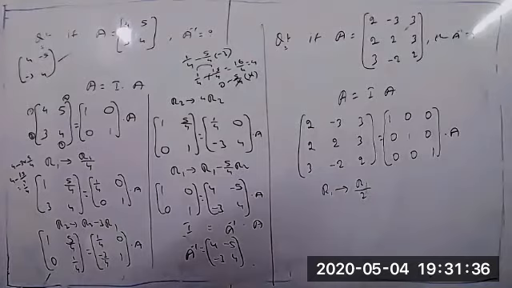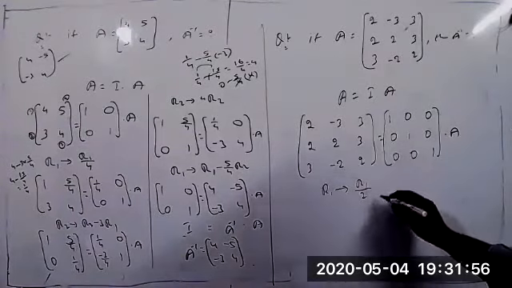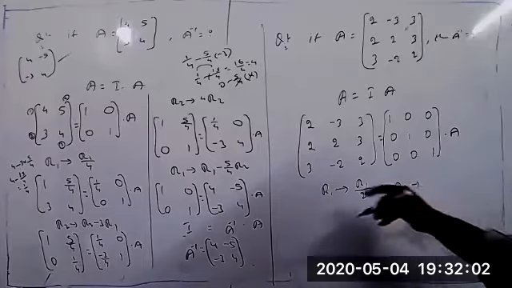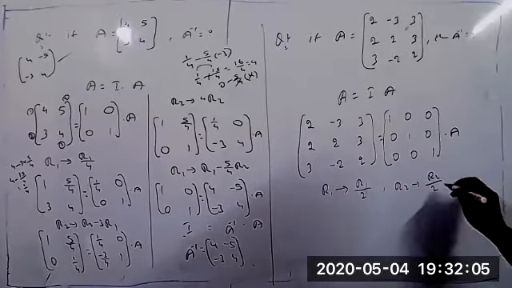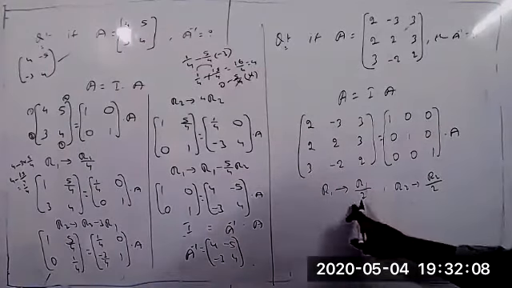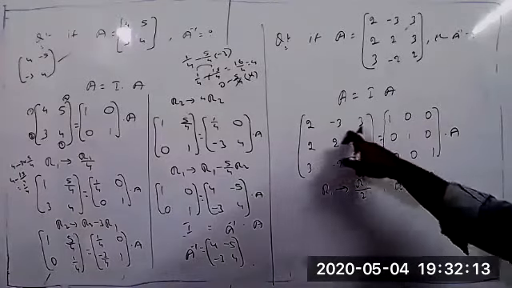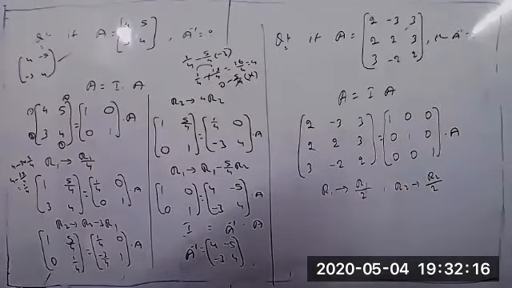Here you can do one thing. If you take one operation at a time, it will take more time, almost 15 to 20 minutes. But sometimes you can apply 2 operations at one time, no problem at all. If you want, you can also take R2 such that R2 by 2. R1 by 2 and R2 by 2, I am taking 2 conditions at a time. This condition applies only to the first row, and this condition only to the second row. Clear now?